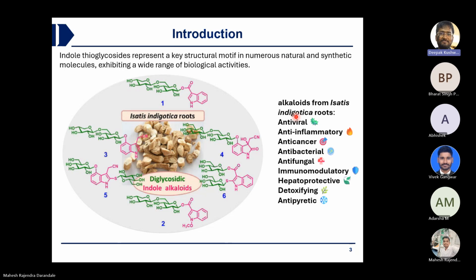Glycosidic, diglycosidic. Basically, they are getting diglycosidic indole alkaloids also. So these 3 and 4 are different from whatever reactions you have shown, right? 5 and 6 also are different, but they have tried one reaction with the C1 thio also. There also they are getting some good yield, but there might be more examples. So you can use some higher sugars, or maybe a disaccharide also if you try. That may be useful, right?